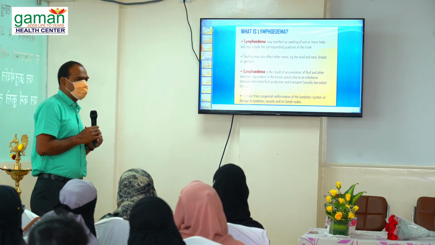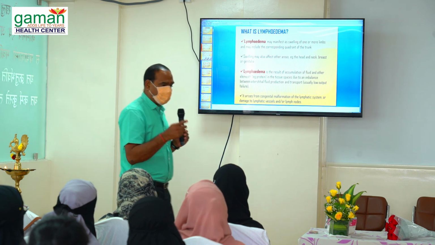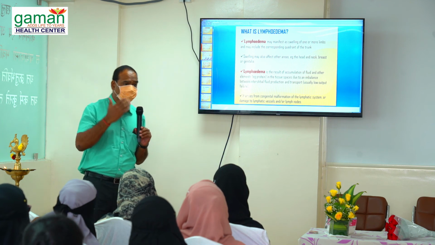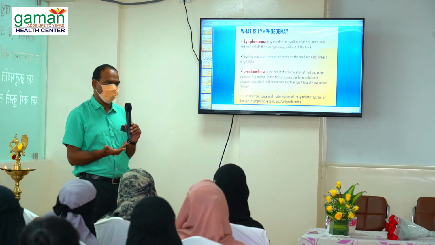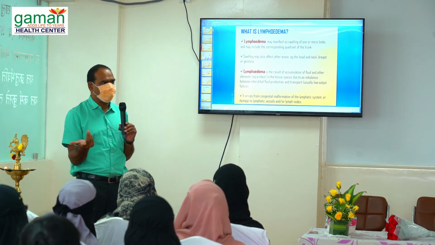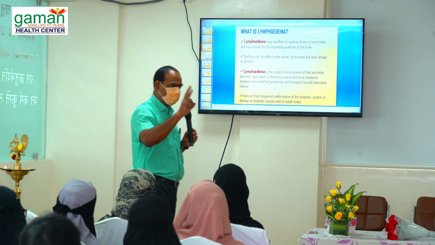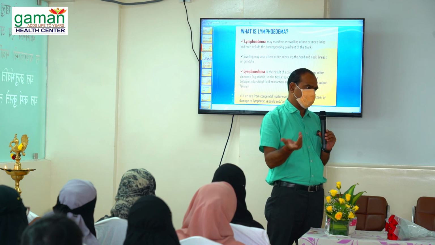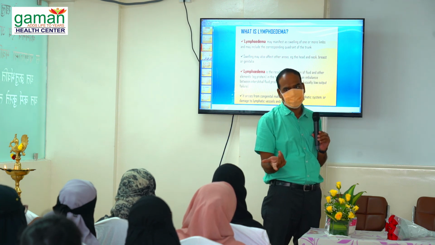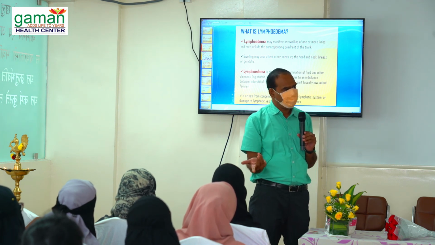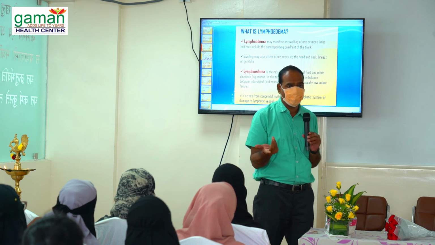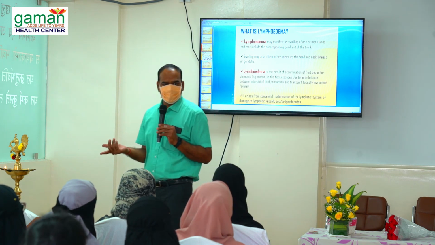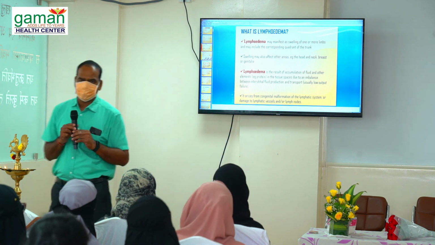Then lymphedema is the result of accumulation of protein-rich fluid. Why does it accumulate? If the transportation is less and production is more, definitely there is edema. What happens in the normal mechanism? Equal transportation and production. If production is more and transportation is less, definitely there is edema. That is lymphedema. If 1000 milliliters of volume is produced and 1000 is transported, then no edema. So these are some of the definitions.